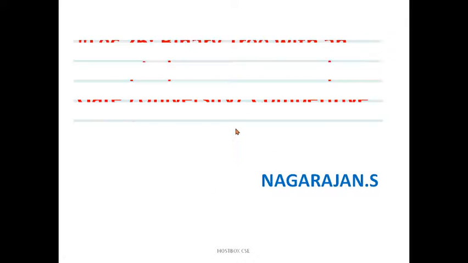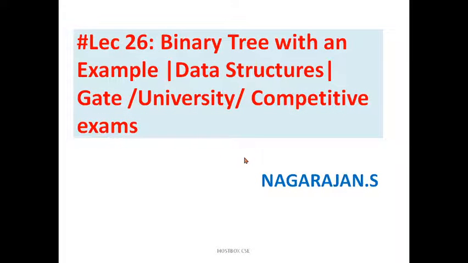Today we are going to see the topic called binary tree example and how to implement it. In the previous session I explained what a tree is, the introduction, why we need it, the properties of a tree, and what types of tree there are. Today we see the important topic called binary tree: what is a binary tree, how to represent it, how to implement it in C programming, how to create and display the elements in the tree, and so on. Let's go for the session today.